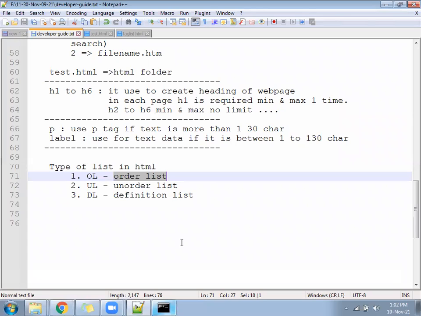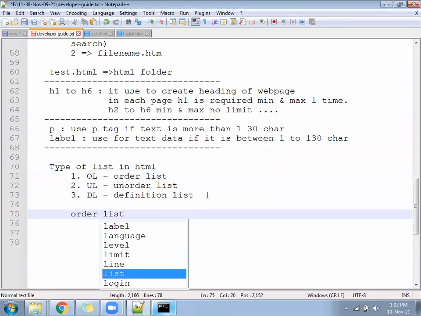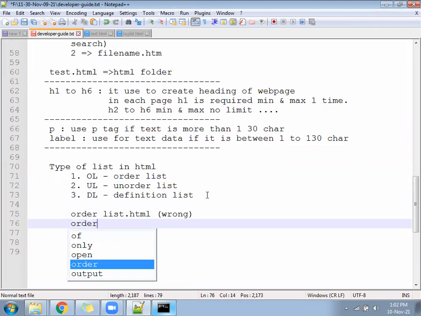So for order list, don't give a space. We have multiple options, underscore, hyphen, many things we can apply. Suppose you are going to create a file called order list. If you create it like this, order space list dot html, it is dangerous for the future. That is wrong. What you should do: number one, orderlist.html.